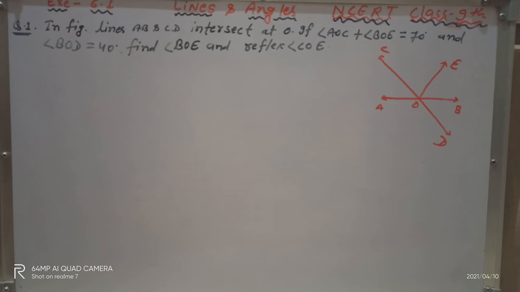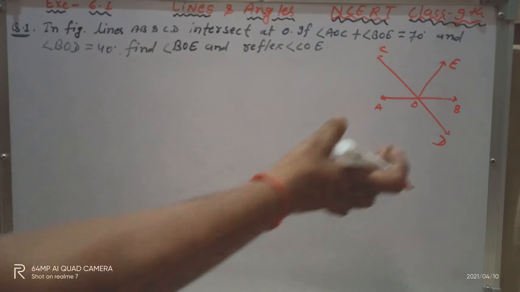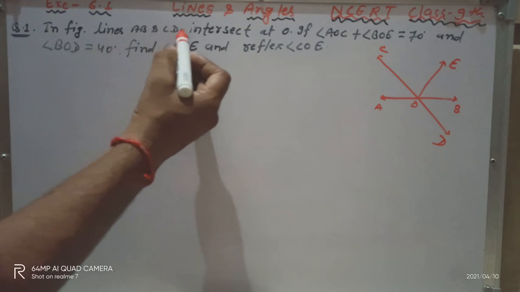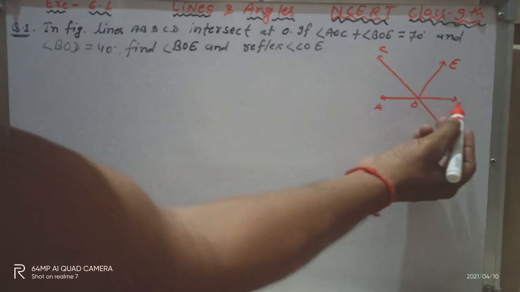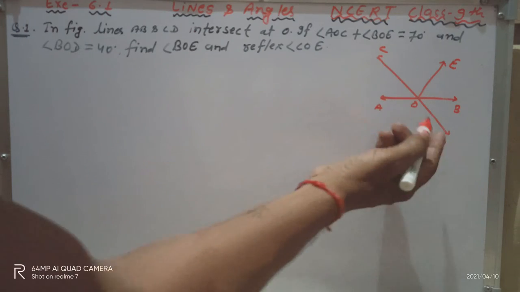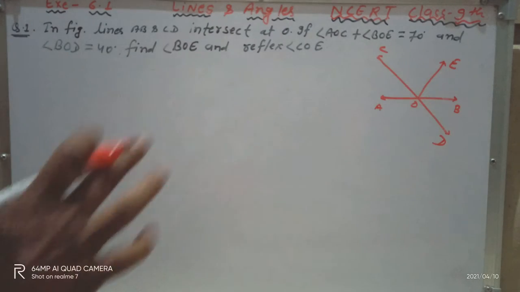I'm today again with a new question of standard 9th, from the chapter Lines and Angles, exercise 6.1, question number 1. It's a very easy question, not too hard, so just try to understand how we will get the answer. According to the question, I have already drawn a figure. In this figure, lines AB and CD intersect at O, which you can see here. Both lines AB and CD intersect each other at the point O. It's given already, no problem.